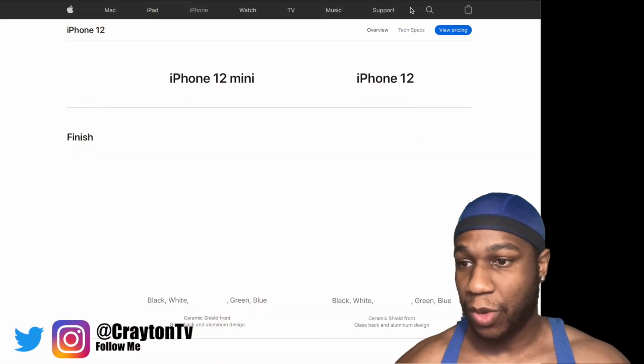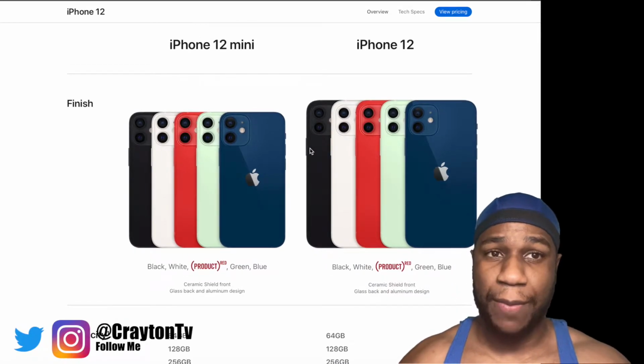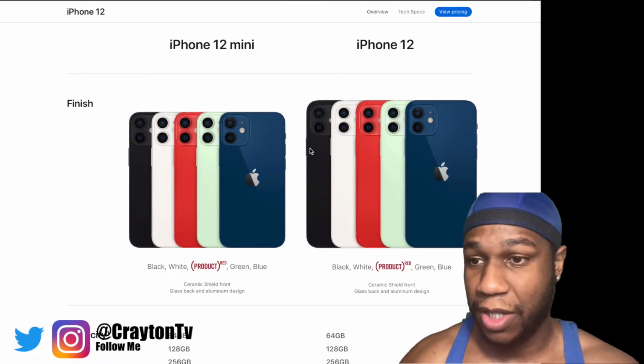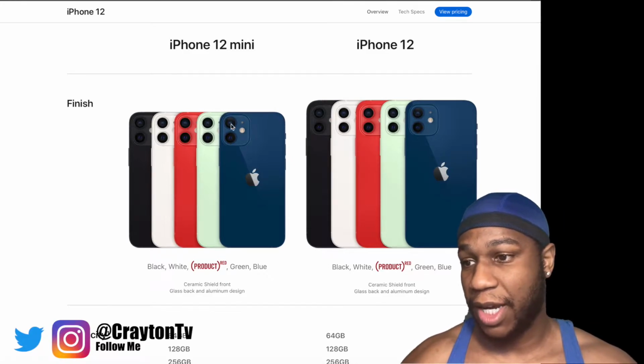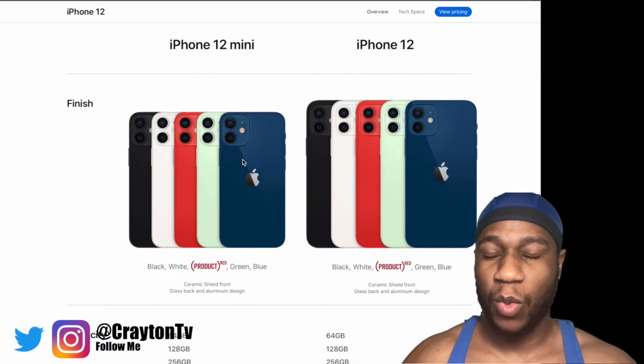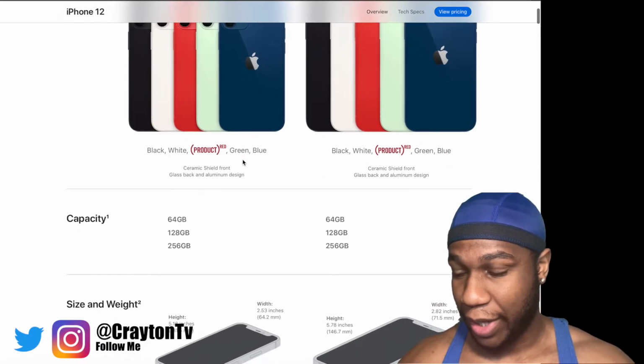Let's go to the specs real quick. So here's the specs, all of this right here on Apple's website. If you want to check it out for yourself, you can watch the keynote all over if you didn't get to see it. But here's the colors we got. We got black, white, product red, green, and that blue color. That blue color, woo! That blue color is fire. But check them out right here. They only go up to